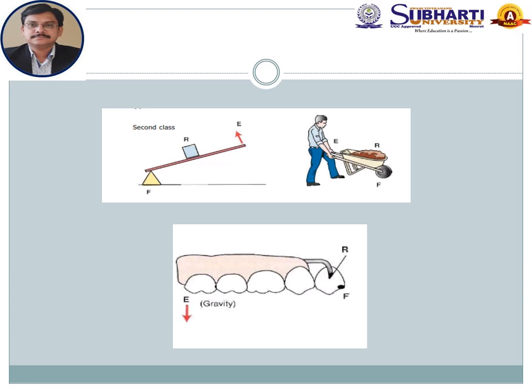And this class 2 lever is considered to be mechanically less effective than a class 1 lever. That means here a greater amount of effort is required to magnify the force. So here you can look downward, and in that photograph you can see that just by changing the position of the fulcrum from the distal to the mesial part, we can shift the fulcrum to one end, and thereby convert this class 1 lever into a class 2 lever.